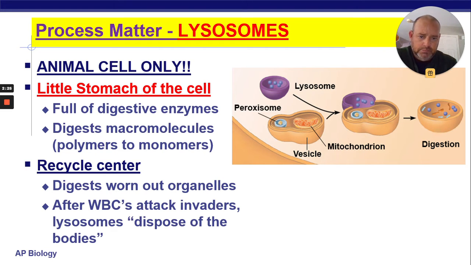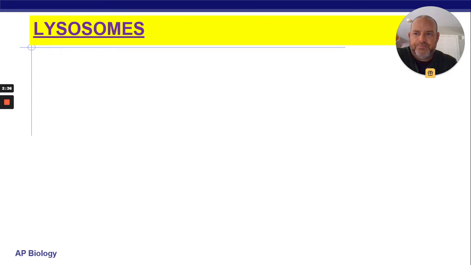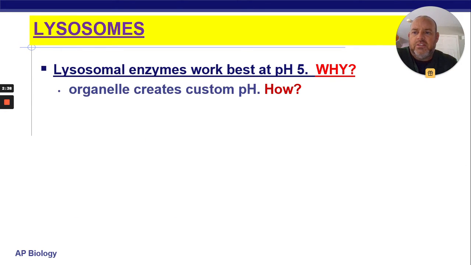So you can see kind of up here in the picture how the lysosome can merge with something and then go ahead and take it out if it needs to. A little bit more on lysosomes. They work best at a pH of around 5, okay, which is a little bit more acidic than neutral, right? So